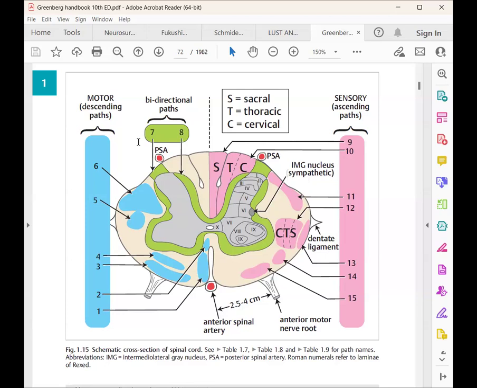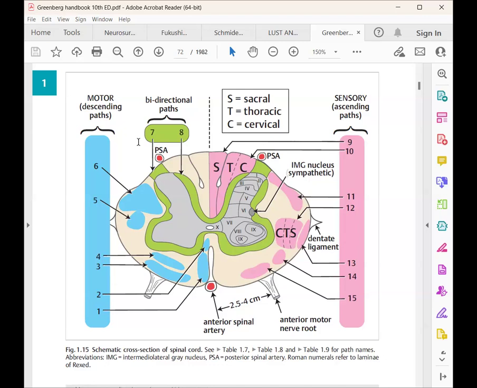The other tracts are basically carrying the conscious sensation. But the spinocerebellar tracts are basically detecting the unconscious, like stretch receptors, what's going on, and the whole limb position, because there are many tendons, muscles, spindles. So the conscious sensations are taken by the spinothalamic tract and the dorsal column. But the unconscious sensations, like stretch receptors and Golgi tendon organs, all these sensations are carried